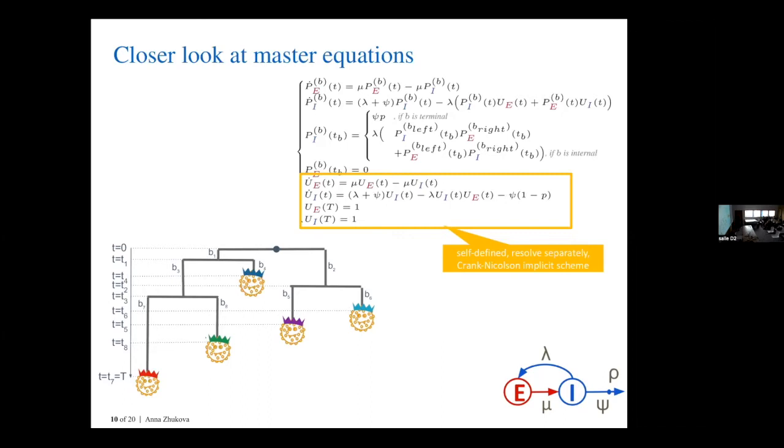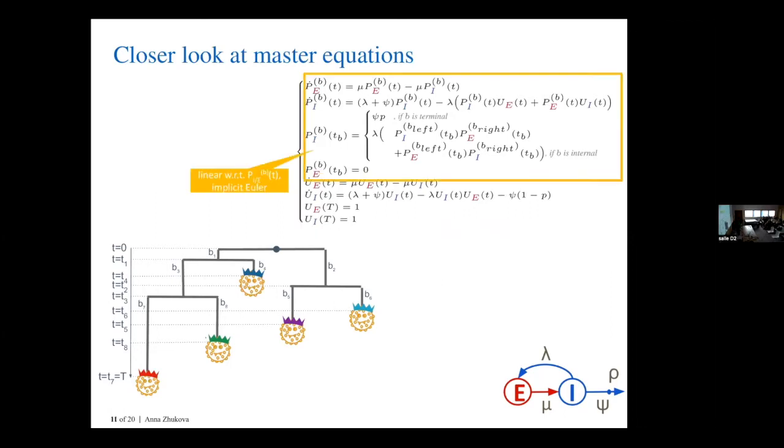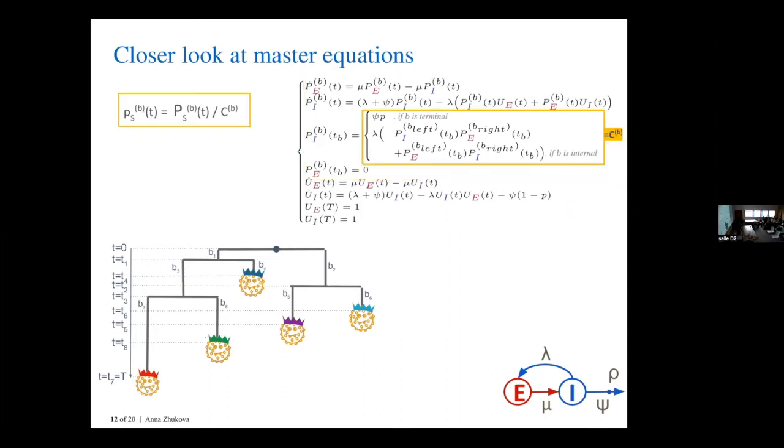And to do that, we took a closer look at these ordinary differential equations. And what we noticed is, first of all, that the unobserved part is self-defined. It doesn't depend on the other part. So we can solve it independently. And then for the observed part, these differentials are linear with respect to P's, and they don't have a constant term. Therefore, we can rescale them. So we can take any constant, and if we divide these functions by this constant, this part of the equations won't change. And the only thing that we change is the initial condition for PI. And in particular, if as a constant we take the value of this initial condition,